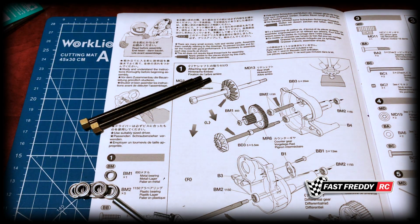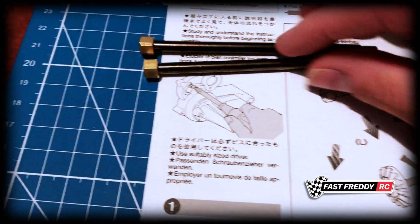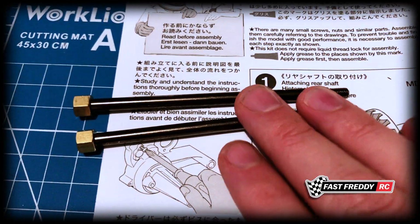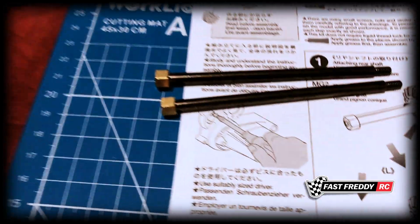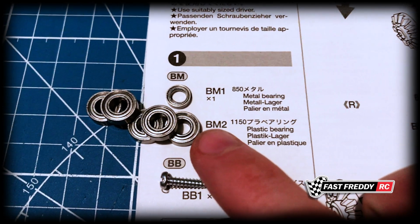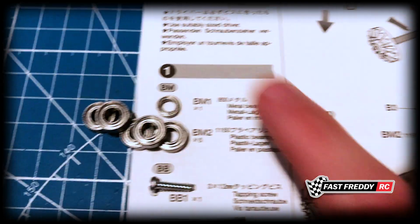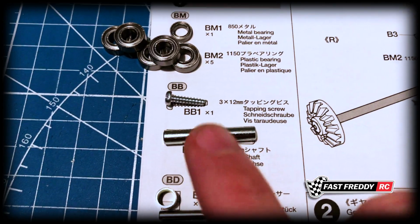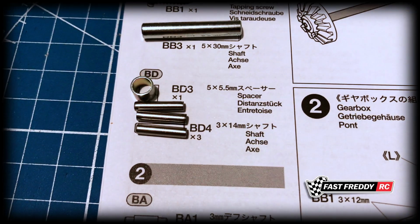Now I'm going to show you the parts before we get started, because there's another thing that you should know as you're getting started on this. So here are the two metal shafts that came out of our metal bag. And then here are all of the parts. So here are the bearings that I replaced the metal and plastic with, so I don't have to worry about that being missing out of the kit. But these are the two pieces we needed out of bag B, and these are the parts that we needed